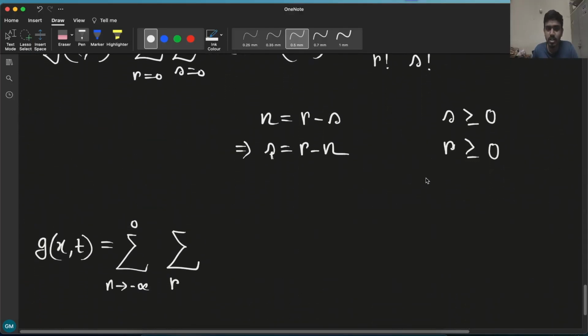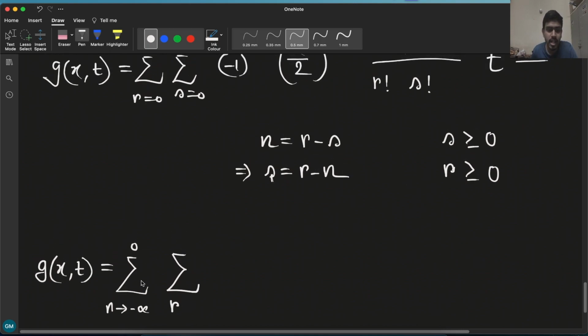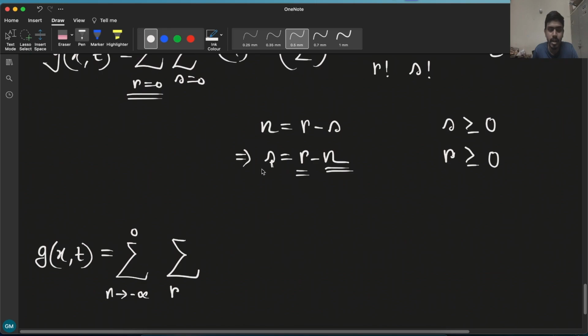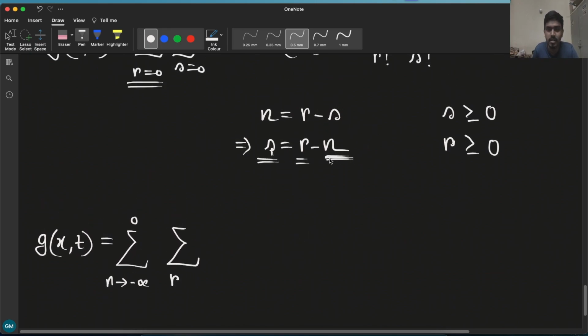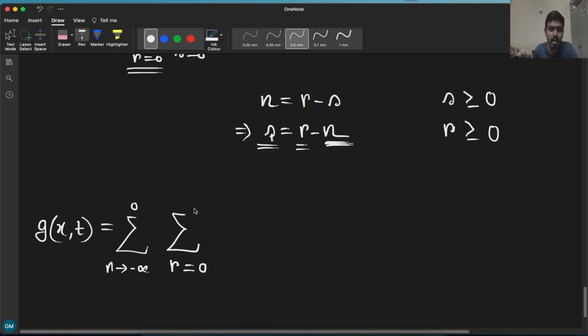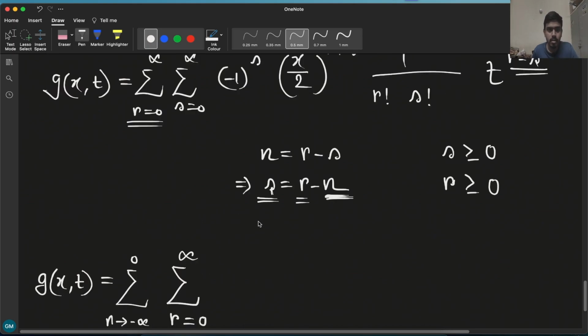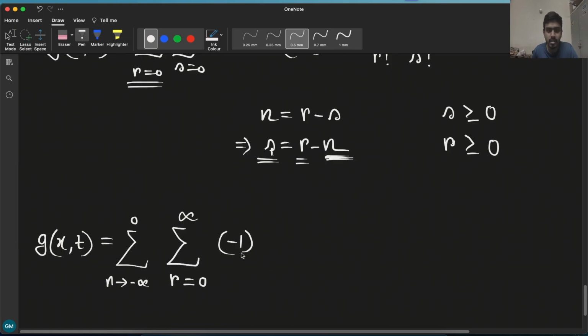But here, do we need such conditions? Because n is already less than 0, so n is already a negative number. That means that if I start r from 0, if I don't change the summation limit of r, s will be well above 0, because this n is negative now. So this minus n will be positive. So I can safely write r from 0 to infinity, and then it will be (-1) to the power